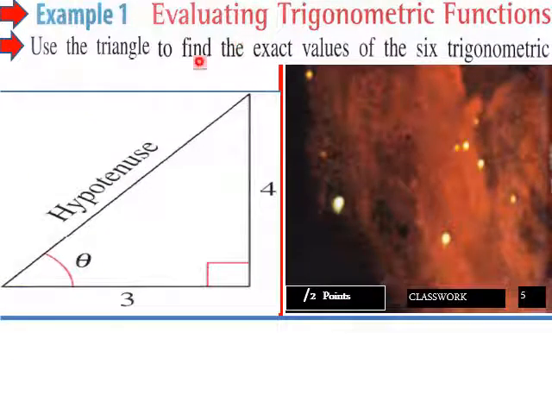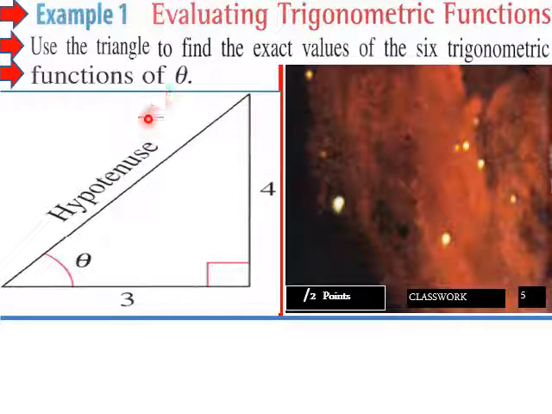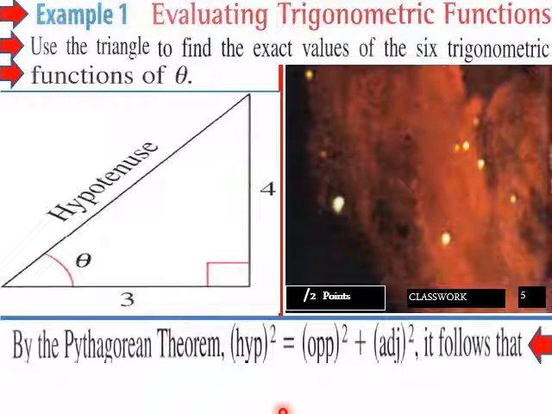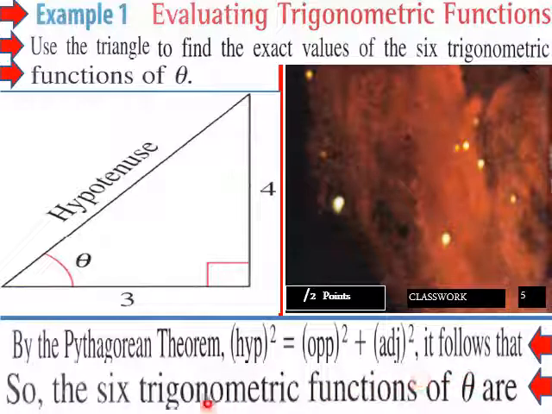Example 1, evaluating trig functions. We have our right triangle here, with sides 3, 4, and then our hypotenuse. Use a triangle to find exact values of the six trigonometric functions of theta. So we're going to use the Pythagorean theorem: the hypotenuse squared equals op squared plus adjacent squared. It follows that the six trigonometric functions are,